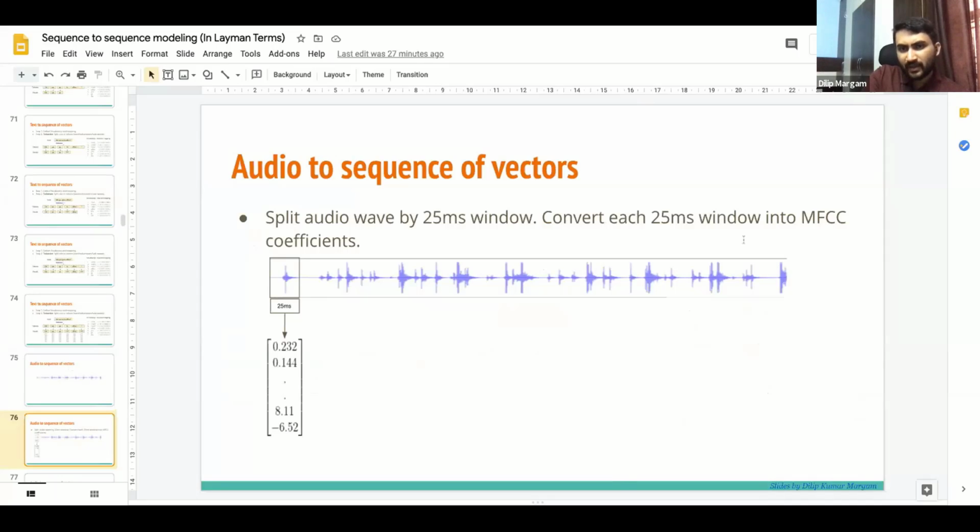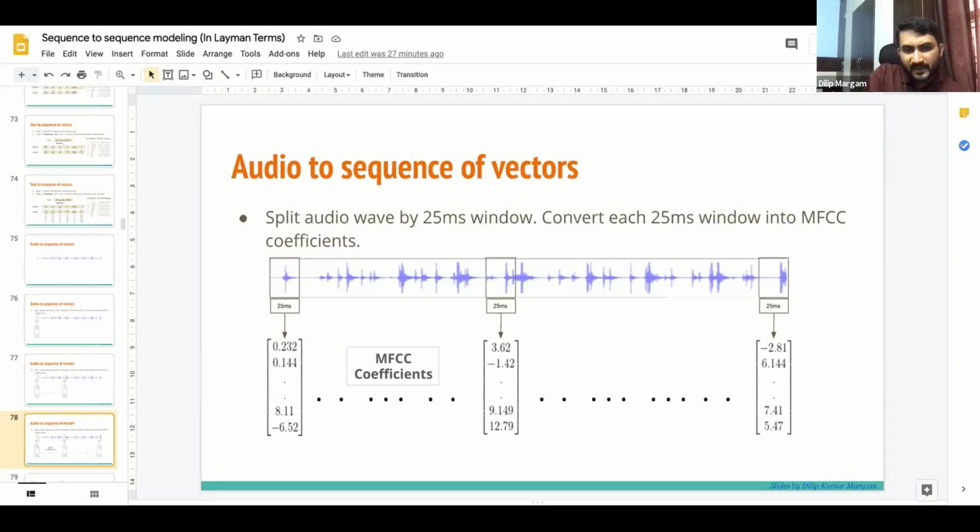If you don't know what MFCC coefficients are, you can think of it as some mathematical formula that you apply on a 25 milliseconds waveform and you get embeddings. You do that for all 25 milliseconds intervals with a slide of 10 milliseconds. Once you have these embeddings, you give them to a sequence model.